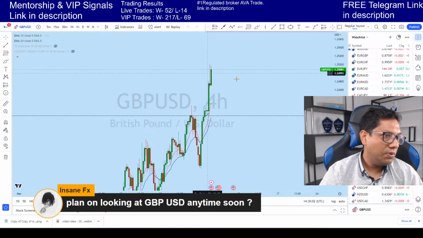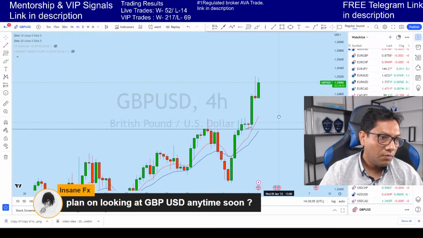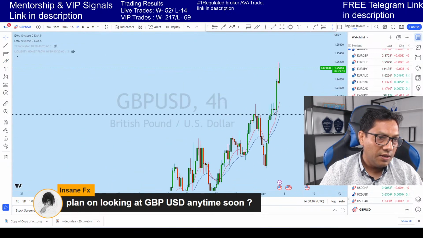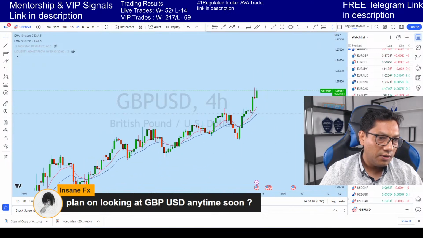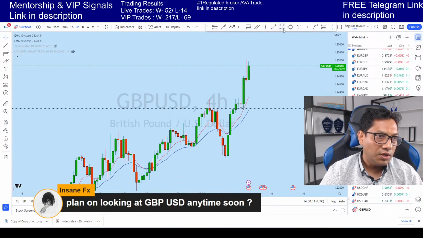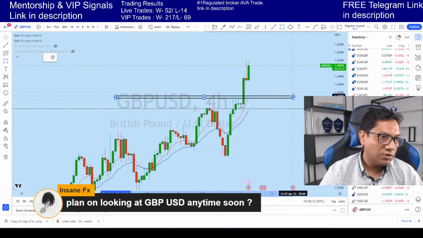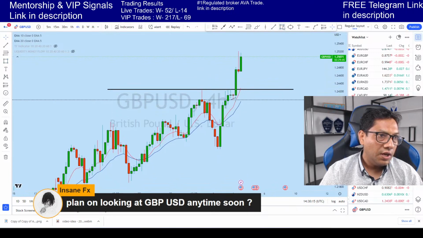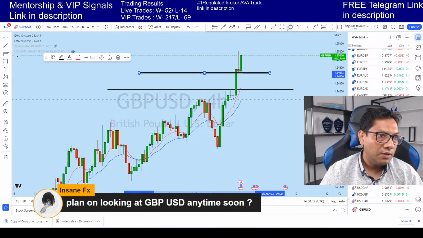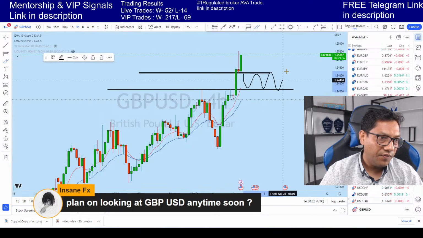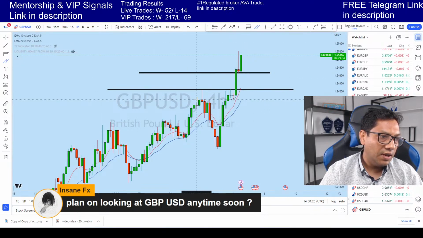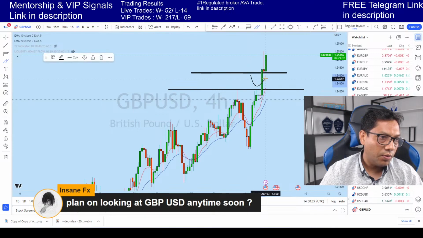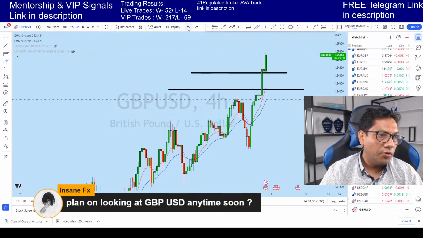Now to trade GBP USD, there is an imbalance little bit here. Okay, that's why I was just waiting. See, this is the resistance zone here on GBP USD, and this is the support level. Okay, this is an imbalance here. Anytime we could see that this imbalance is being filled because this level has not been tested properly. Okay, so